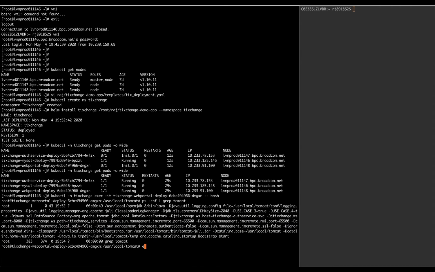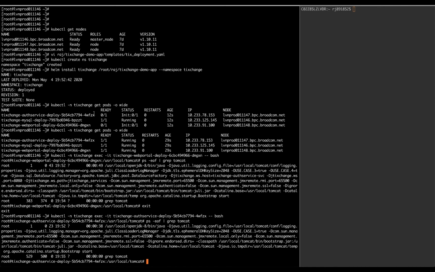Let us also look at what's happening with the authentication service. And this also looks good.